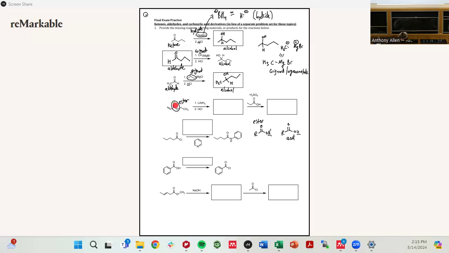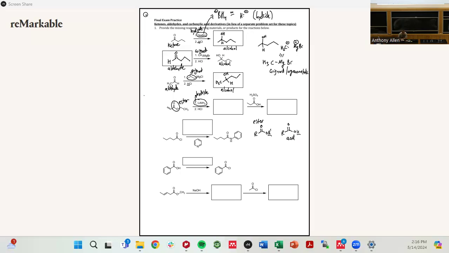Okay, ester, what sort of reagent is this? Lithium, aluminum, what's the last word? Hydride, yep. Hydride. Hydrides are a source of what? Hydrogen, but specifically,